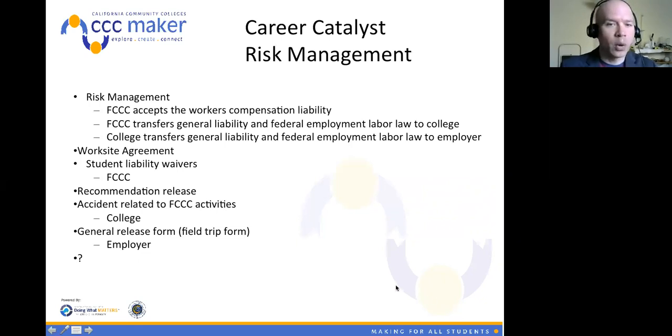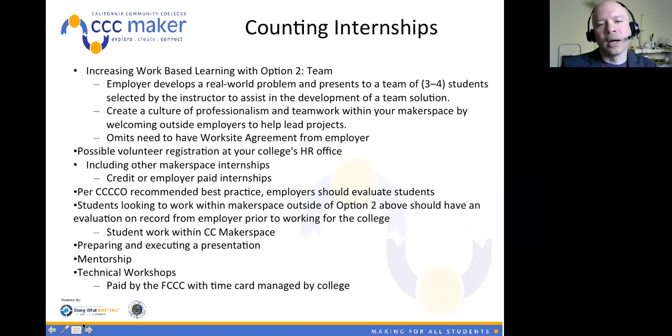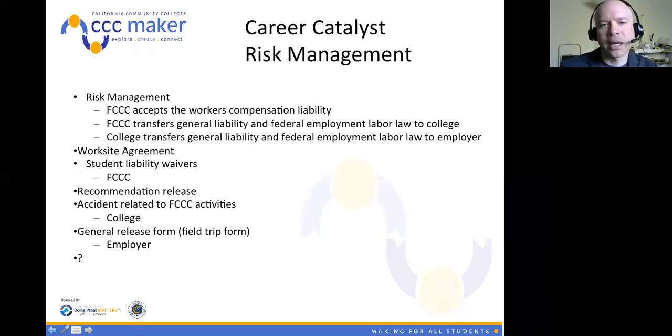So for example, if you have a welding student doing a welding internship, that may have a different rate than, for example, a CAD student or someone doing more computer-aided work. And so those things are taken into account within this workers' compensation liability. And the foundation totally accepts that, and that's the purpose of the Career Catalyst, such that employers don't have